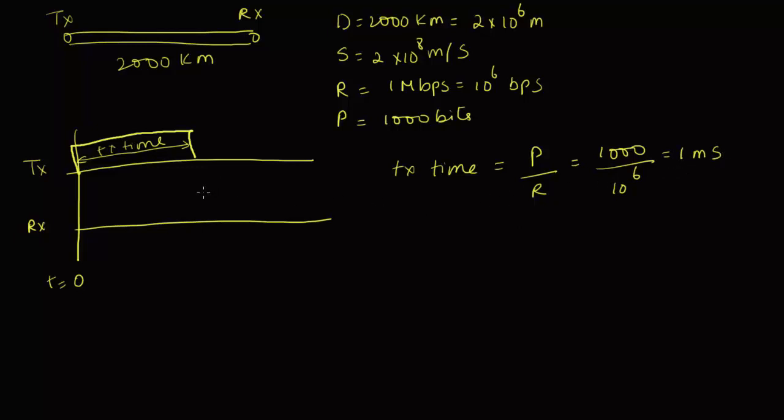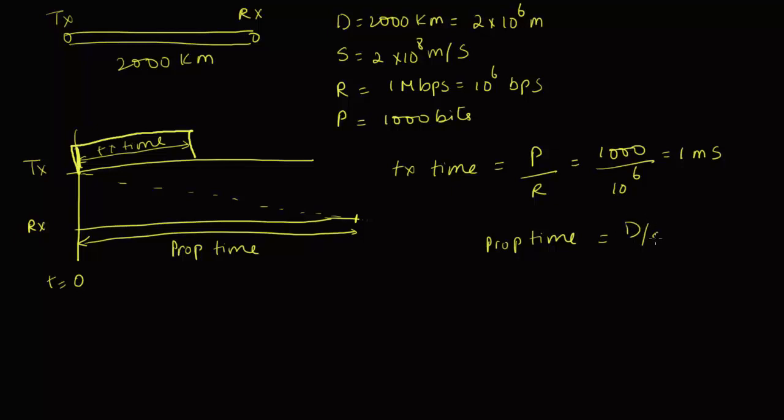So this is the transmission time. The first bit that the transmitter put on the media is going to take some time to reach the receiver. So this one will reach the receiver only after some time. Now this time for the first bit to come from the transmitter to the receiver is the propagation time. Now the propagation time is given by